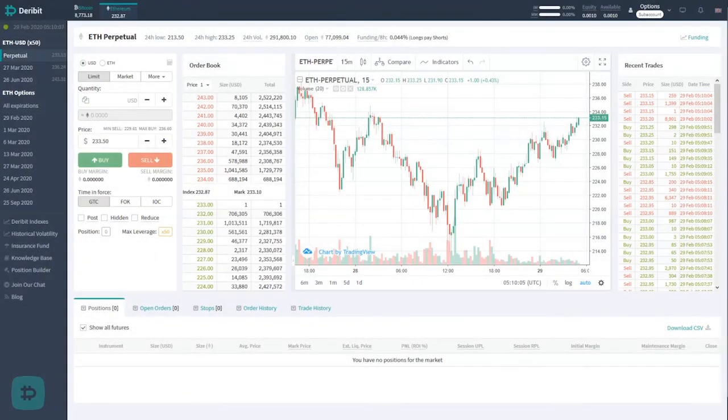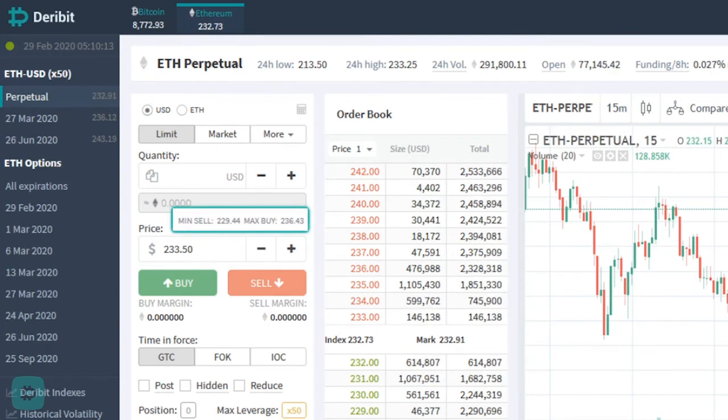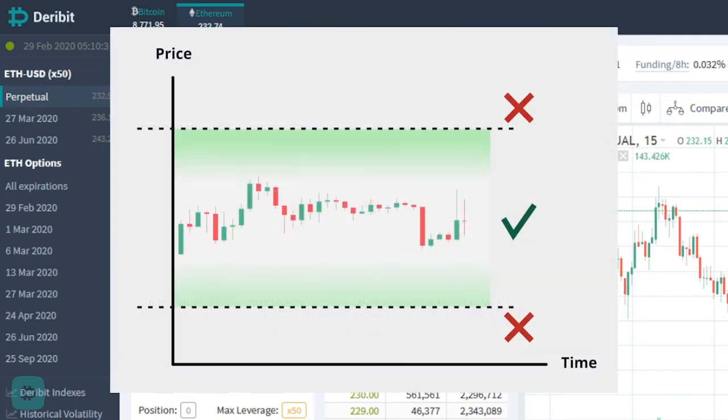Let's take a look at the UI. On the limit order form, we can see the current bandwidth limits displayed just above the price box. The min sell and max buy are the trading bandwidth limits. In this example on the ETH perpetual, you can see they are set at $229 and $236 respectively. What this means is that unless the mark price moves, no sells will execute below $229 and no buys will